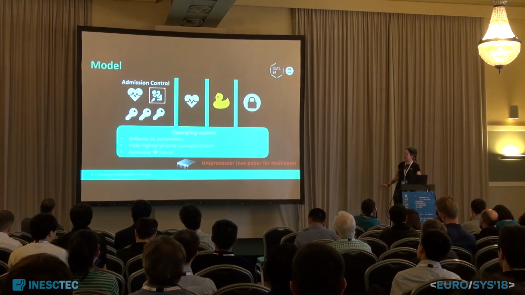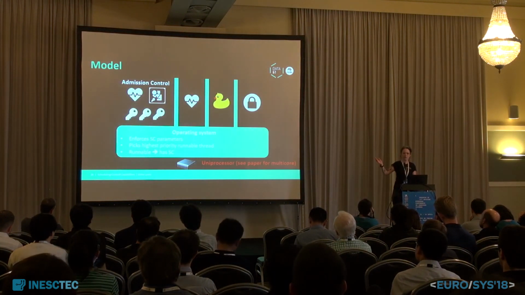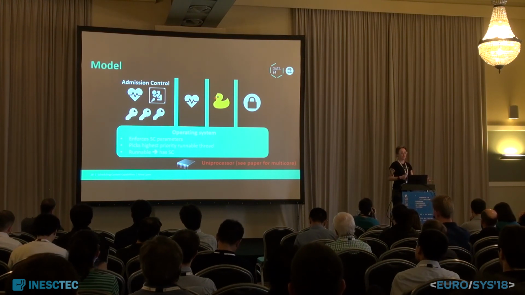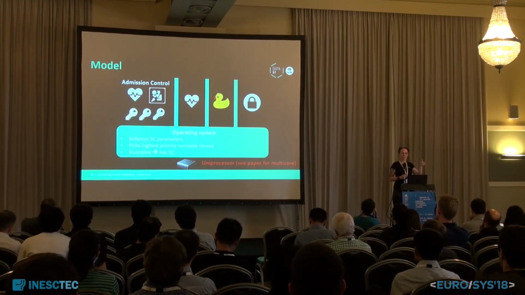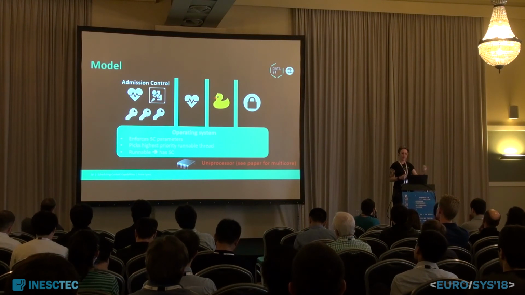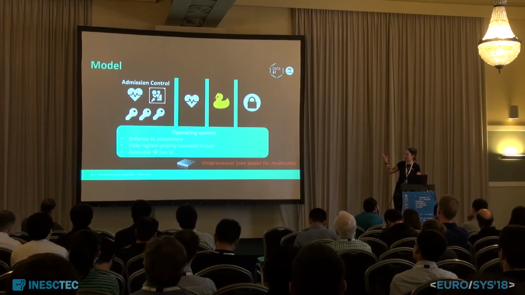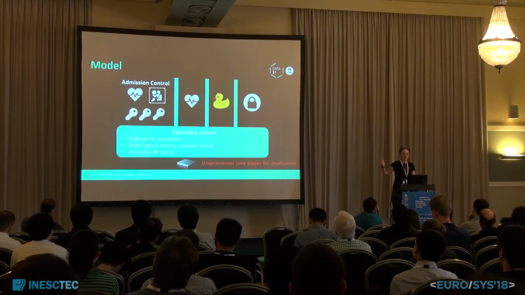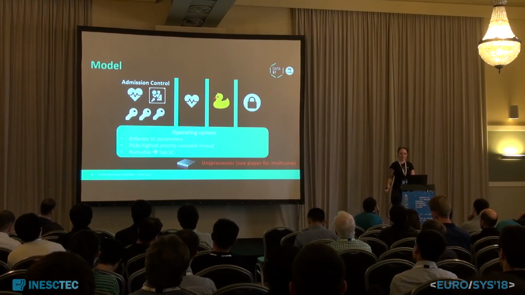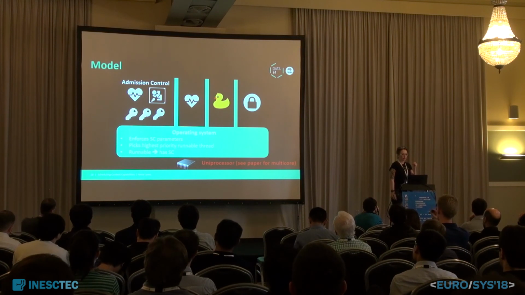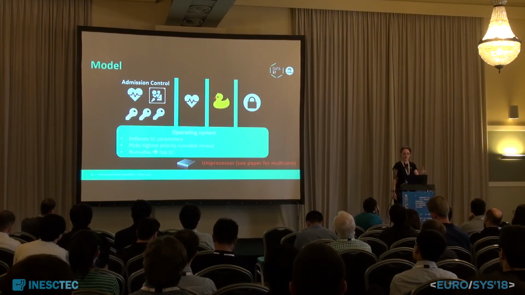So here is our model. You have admission control at user level. This could be static. You could have done everything offline and you just have a static admission control that sets everything up and goes away, or it could be running a more dynamic service. You have your mixed criticality threads running on the kernel, and these have been assigned scheduling contexts. Now, the kernel will enforce those parameters in the scheduling context and pick the highest priority thread that's runnable.